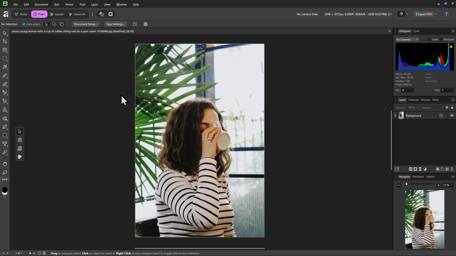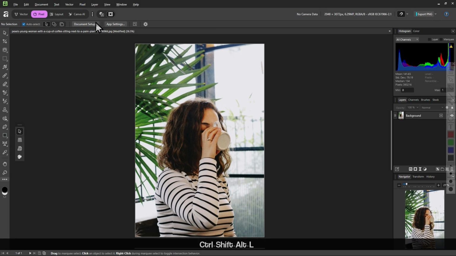Since we will be working on this image here, that just means we need to make sure we are on Pixel Studio. So just make sure to click that until it's highlighted in pink like this. And for good measure, let's right click on it and then click on Reset Pixel to Master, which will reset the Pixel Studio to make sure it looks like how it was in the beginning.